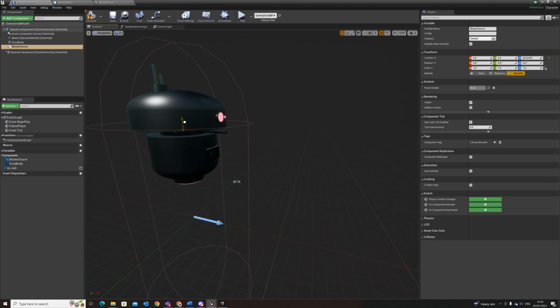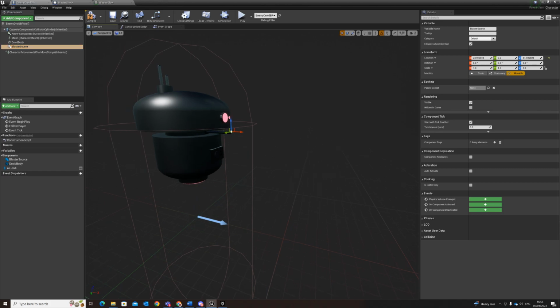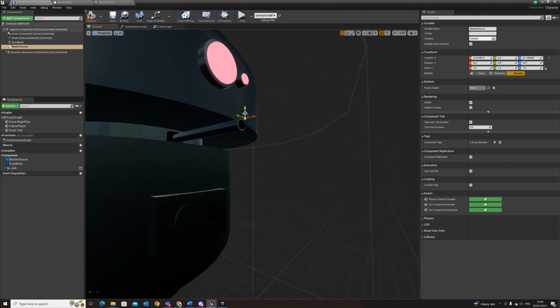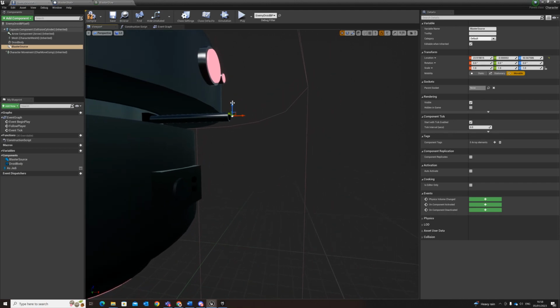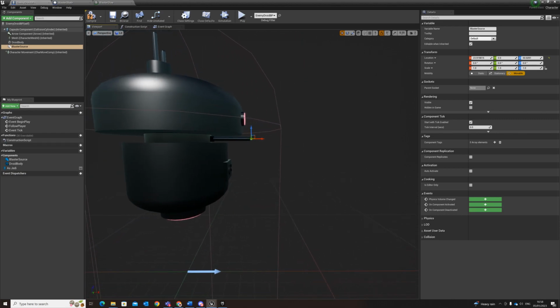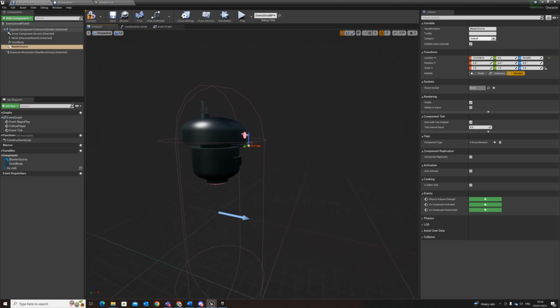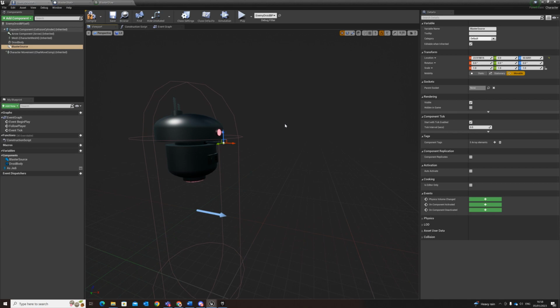Pull it up. And I'm just going to make sure that it's in line, you can see here, with the blaster. Now in theory, I'd like the blaster shot to spawn right there. However, our blaster shot is quite big, so if it spawns there, it's probably going to spawn inside the robot there and potentially damage the robot,